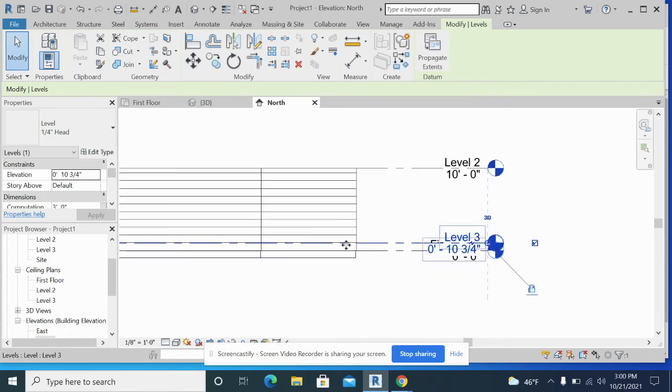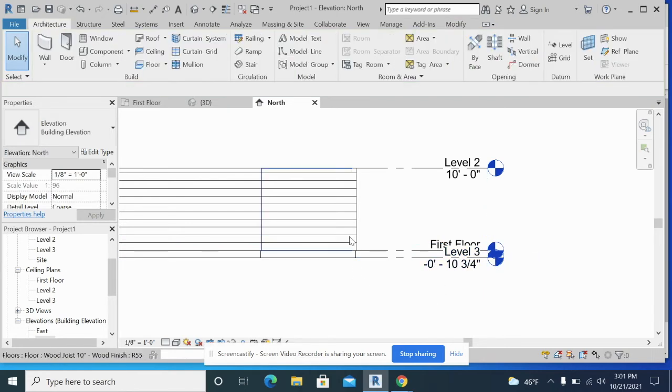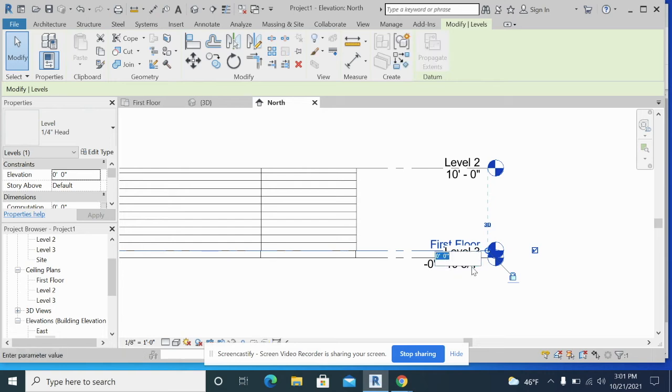But you can see it actually went above. So kind of like a coordinate system, we can make things go negative. So I'm going to make this negative 10 3/4 because the base of our building is 0, 0. So if we want to go below it, we have to do negative. And instead of level 3, I want to call that,